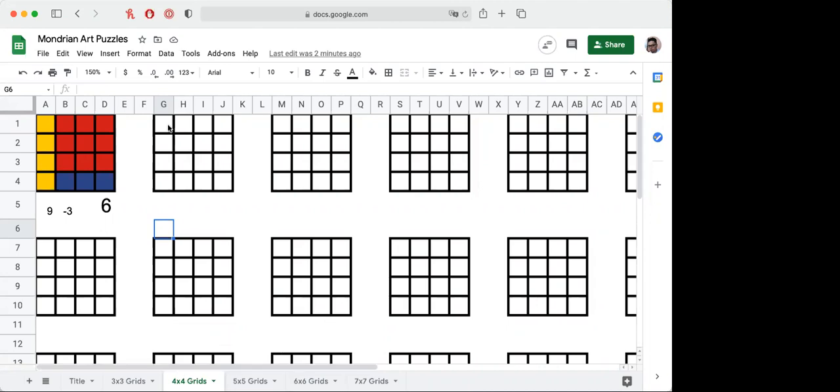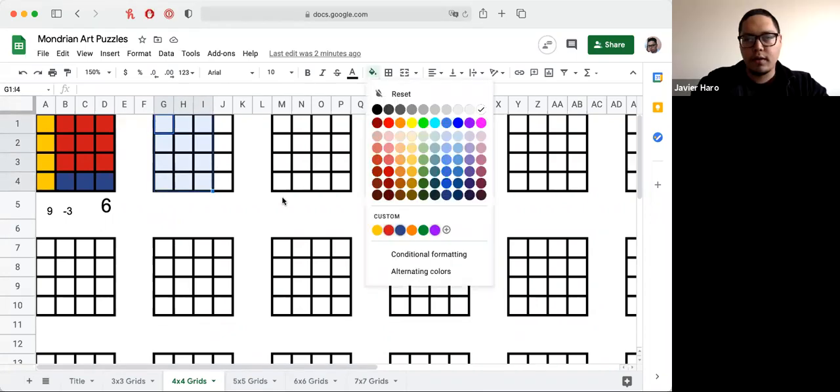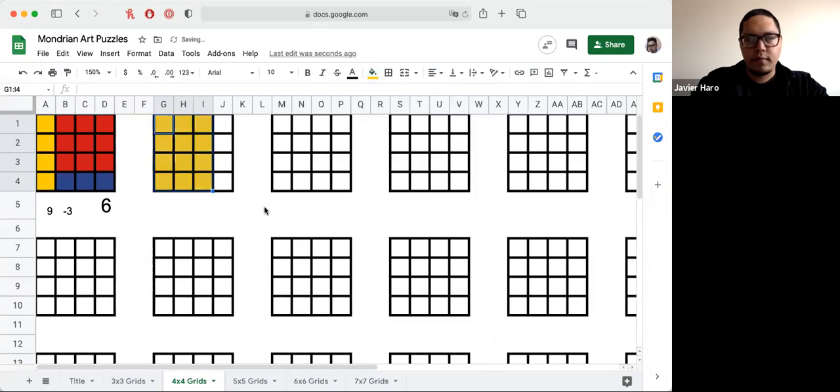GHI all the way down to 4. Okay, you're calling all that one color, right? Yep. Okay, and then what else? Go ahead. J all the way down to 4 again. Okay, and that would get